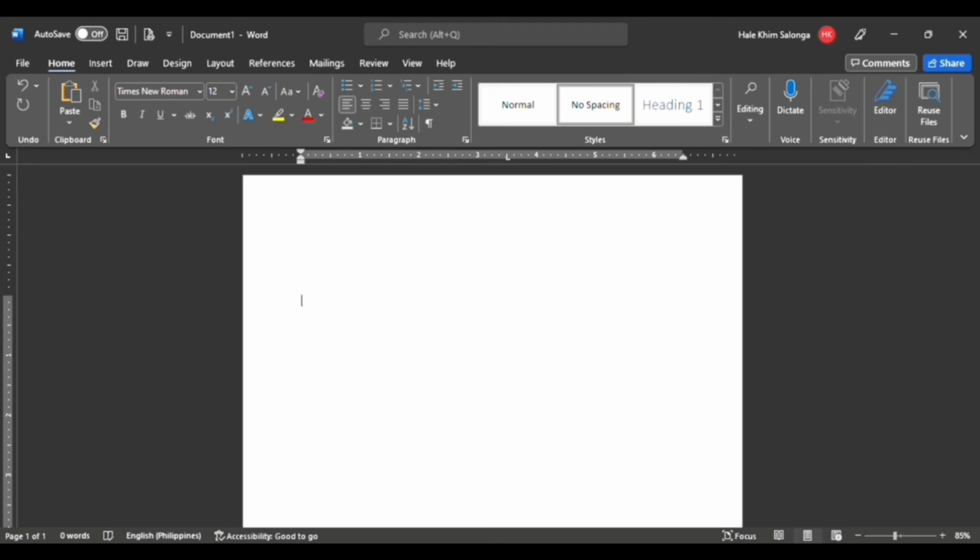As for the header, tap the tab key and type your address and date. Tap the enter key and then tap the tab key.